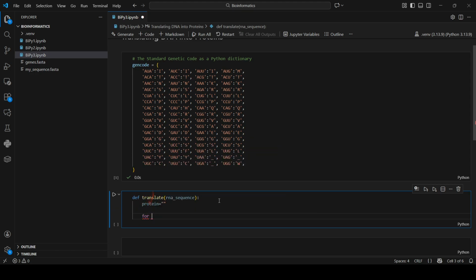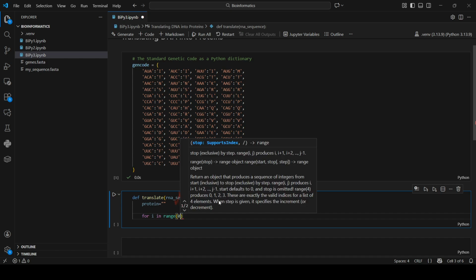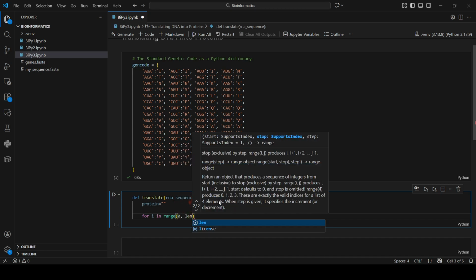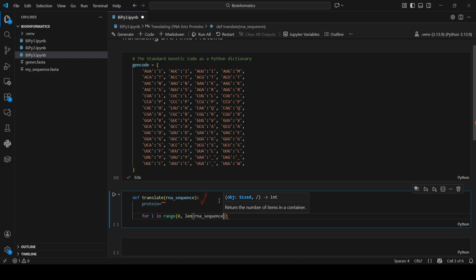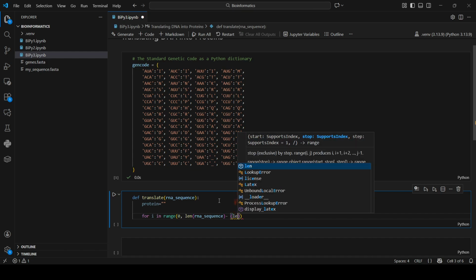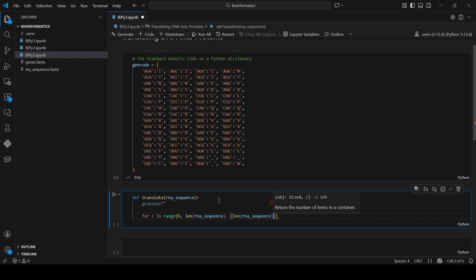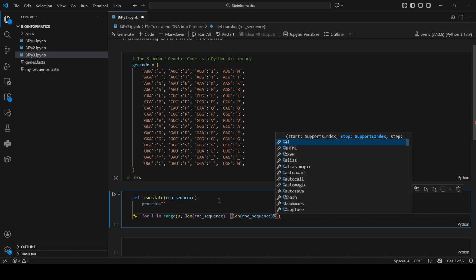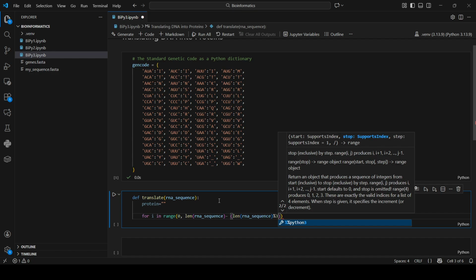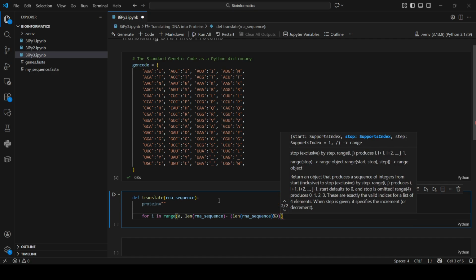Then we will run a loop for i in range 0, length of RNA sequence minus length of RNA sequence divided by mod 3, and then